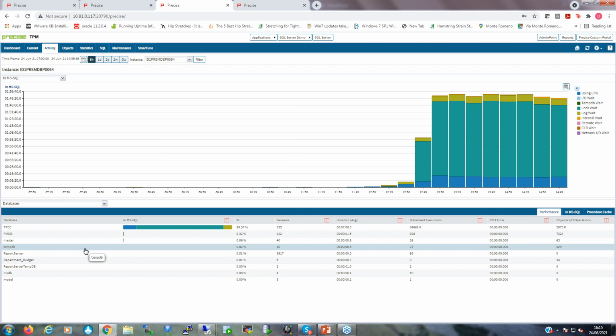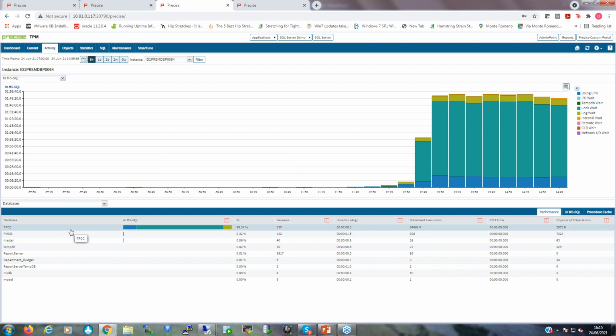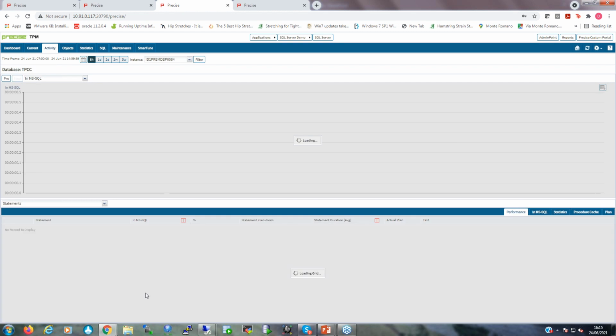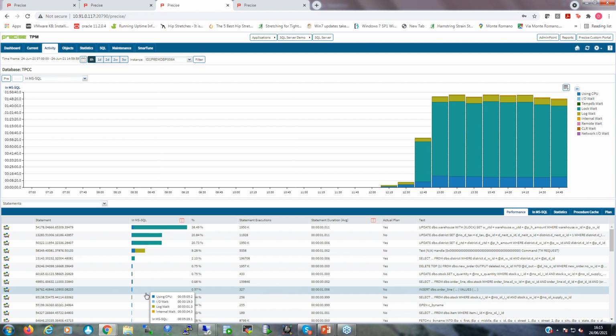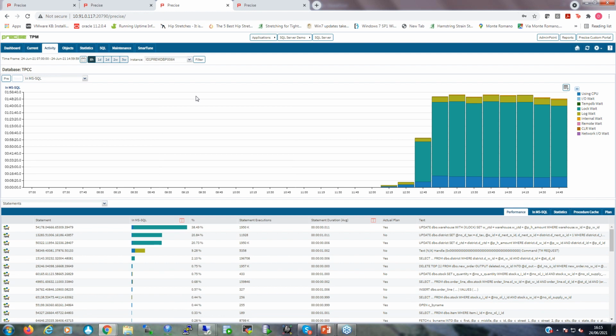If we're looking at this, not really knowing where the particular problem is, here we can see quite clearly which database is consuming the most resource, and therefore we can start drilling down and understanding what's happening. Once I click onto that database, I can look at what is happening at a statement level, and below that it shows me all the statements that have been running in this last 8 hours. Notice this is my time frame here,